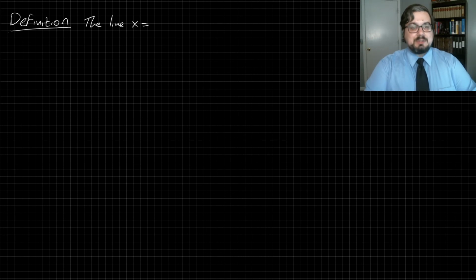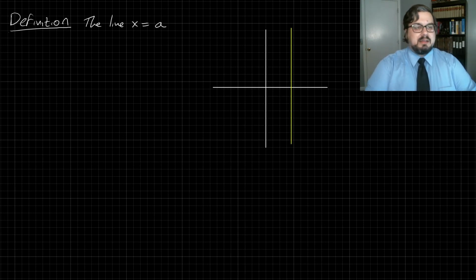So our definition: the line x equals a, I should say, because we're going to talk about an arbitrary asymptote. So we'll take a line here, x equals a. The line x equals a is a vertical asymptote if,